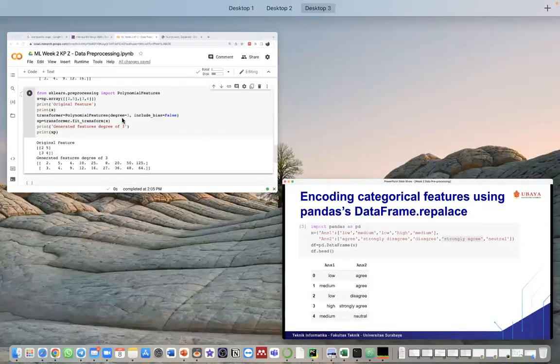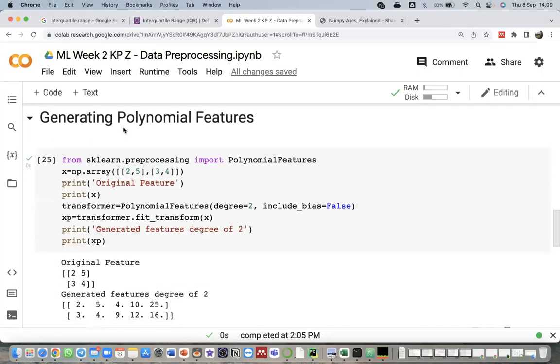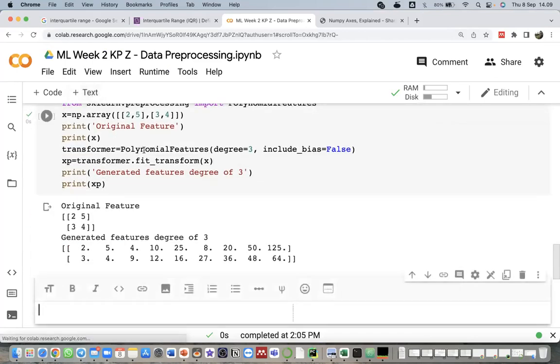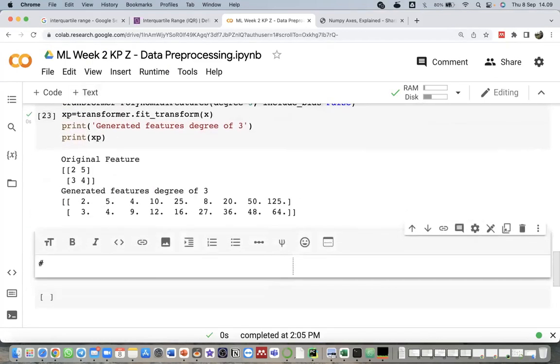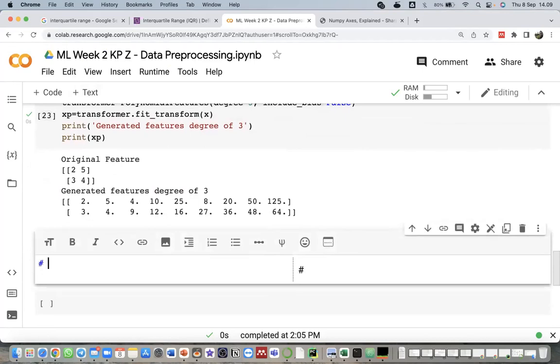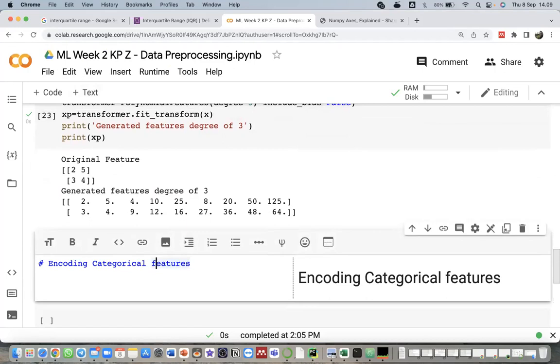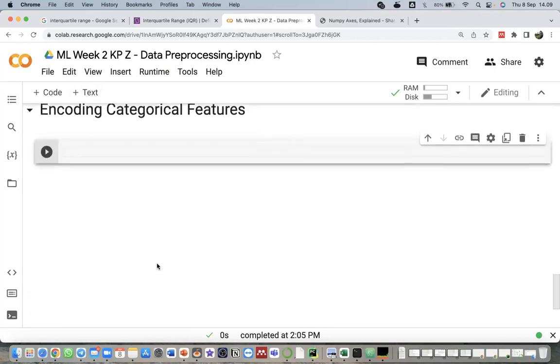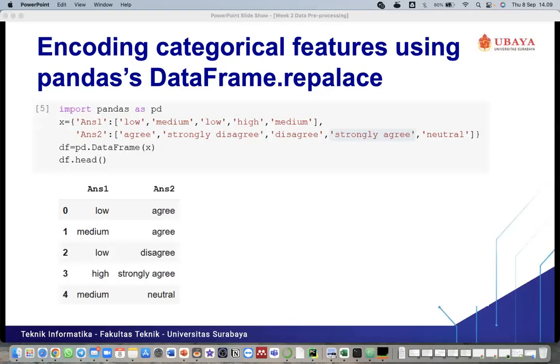So we can just implement it on Google Colab. I create another text cell here and give the title as encoding categorical features. Then I generate a new variable here.